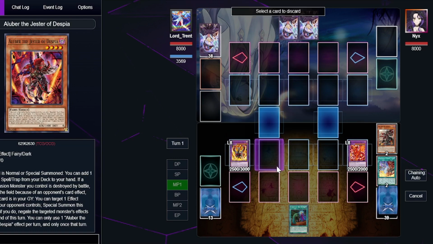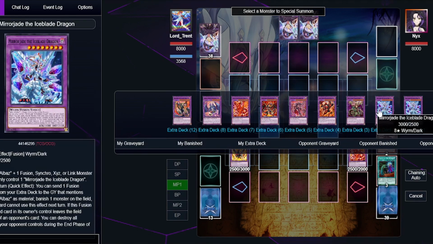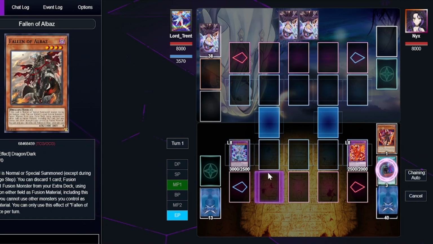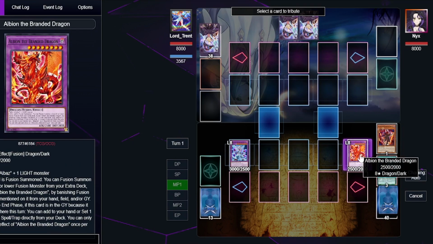The Searing Dragon, activate the effect of Lubellion, discard, in order to special summon. We're going to summon Mirror Jade. We're going to use the Lubellion on field and the Fallen of Albaz, both of those. Now we're going to activate the effect of Bystial Lubellion, again tributing the Albion. Now that Lubellion has come out, you always want to keep the Albion on board,